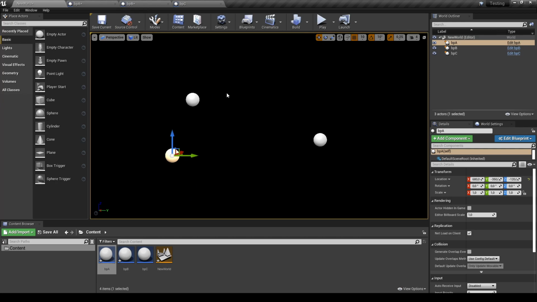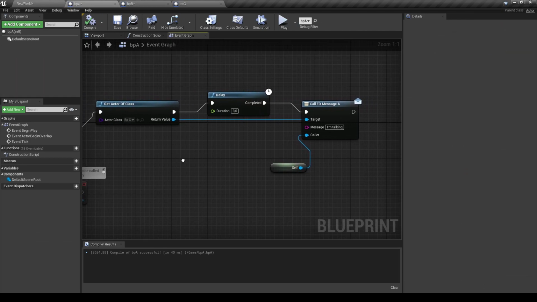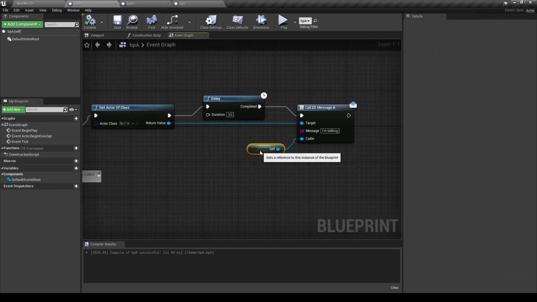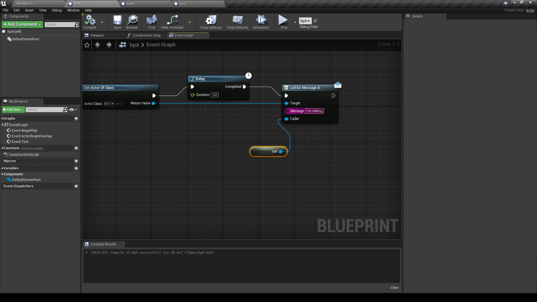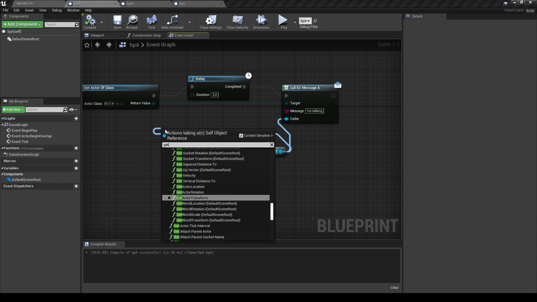Now I will complicate a bit to see that this can be scaled as we want. Let's say now that we have 3 blueprints, let's say 3 for example, that want to talk. This is 4, no, this is 3. I will modify a bit this blueprint so we can have a specific message containing the name of the blueprint. So let's retrieve the name.